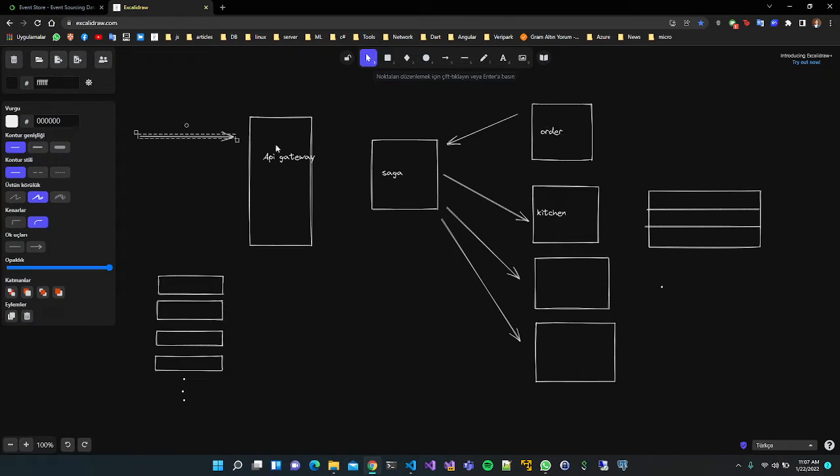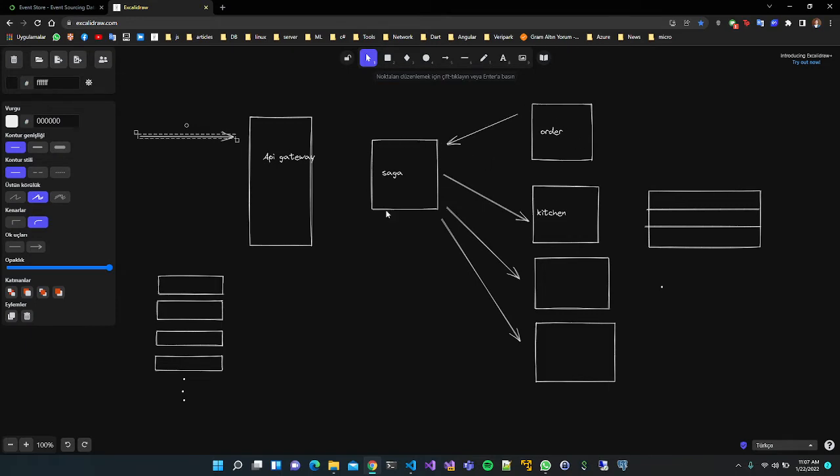Imagine you need to write the order, but you cannot just write it in the order service. You need to write in the kitchen service and other services too, relative to the order. And how to do that? You need to start a transaction.